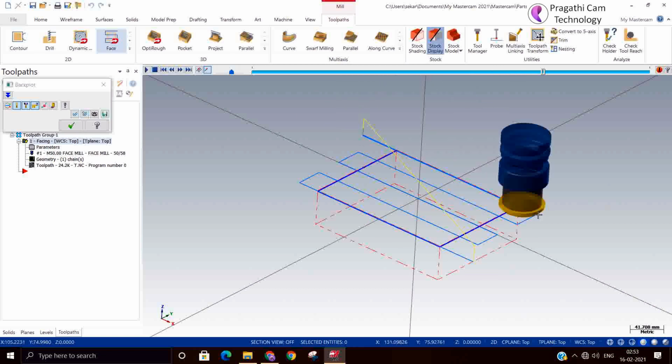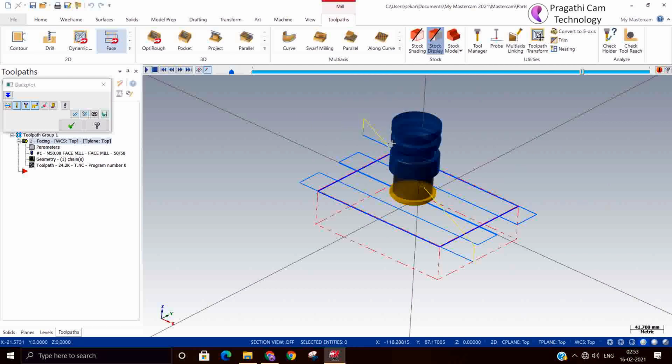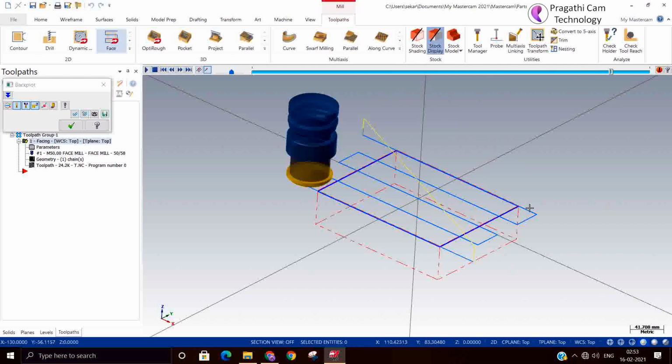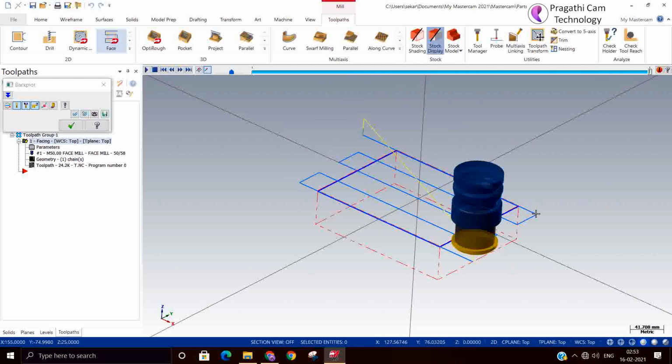One thing do you observe here? At the end you can see that X stops, then Y moves, then Y stops and X moves. Like this, in the transition from one pass to the next pass, there may be chances of jerky motion.